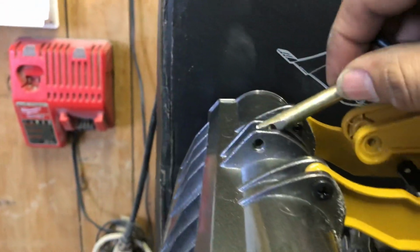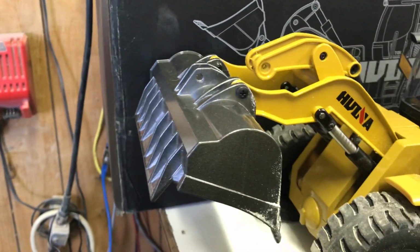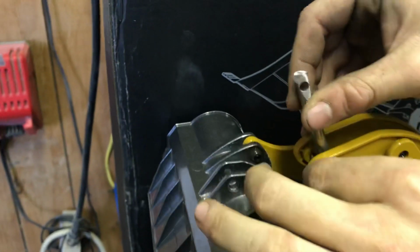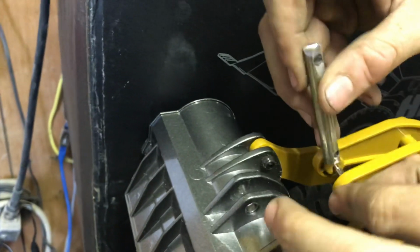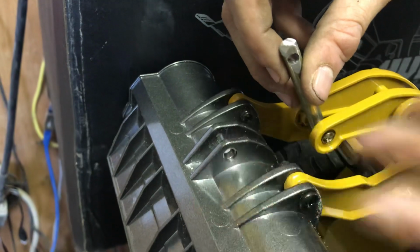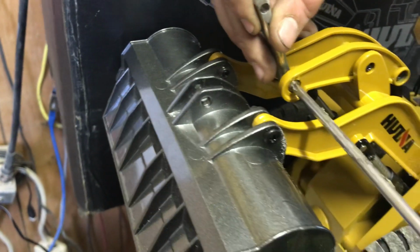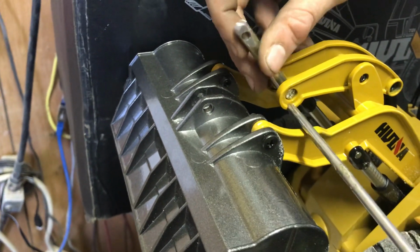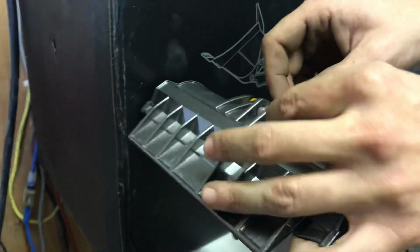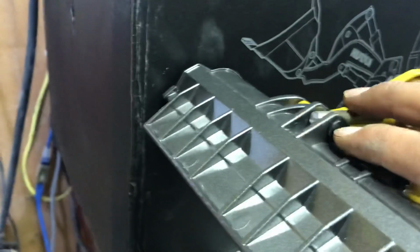So now I'll show you right now. I'll have this guy put this here dog bone on the bolt that we made. So now with this longer dog bone versus the original short one, the bucket no longer flops back like that, and it gives us a lot